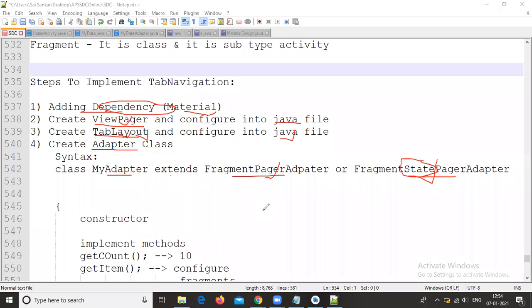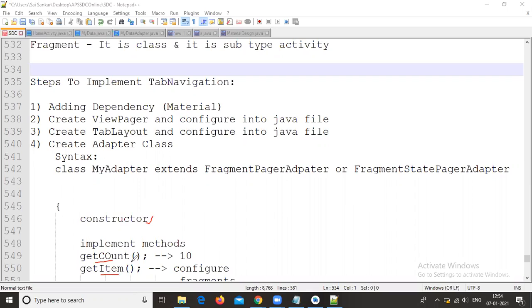After that, inside this adapter class, we need to create our constructor and two methods, that is getCount and getItem.